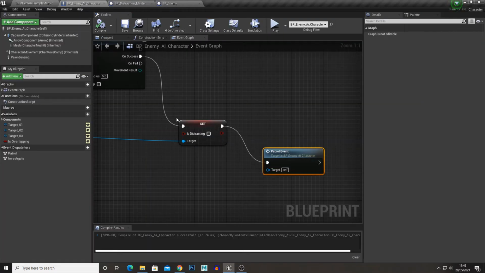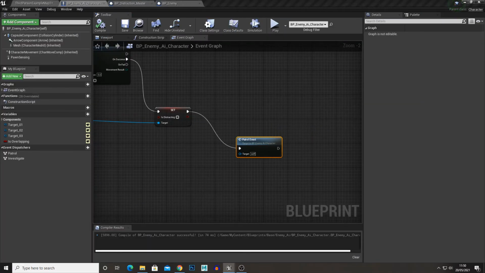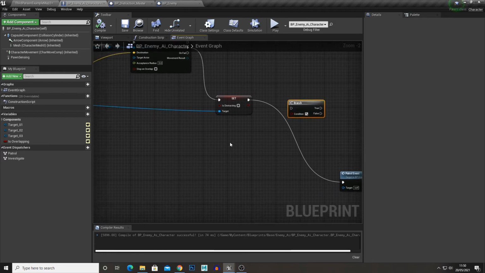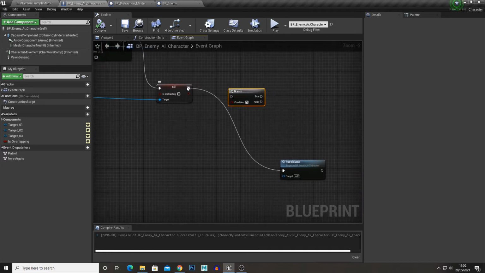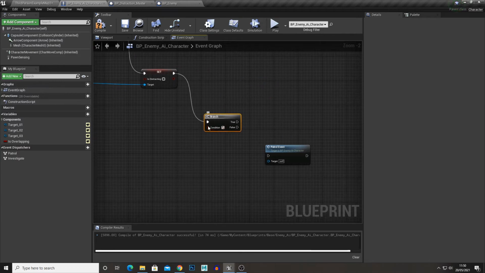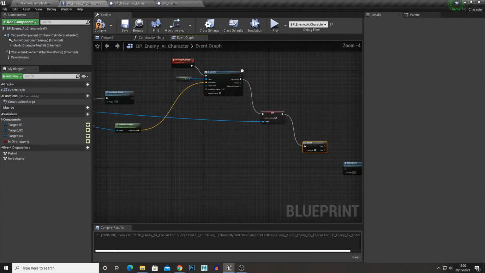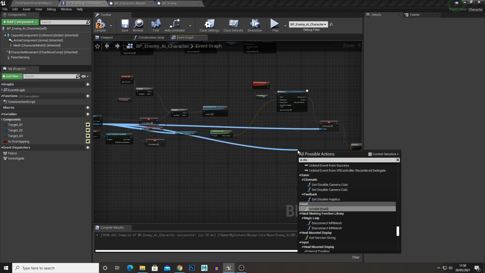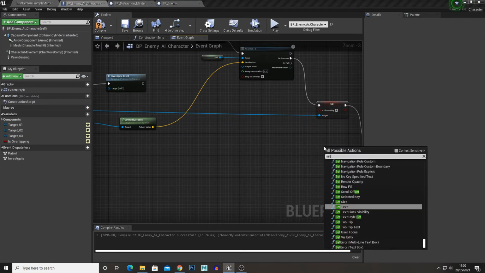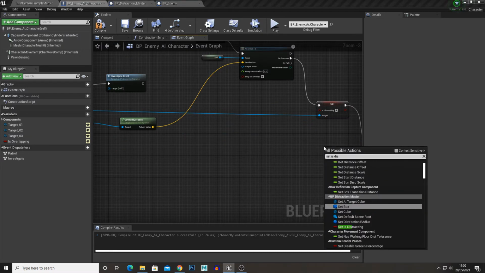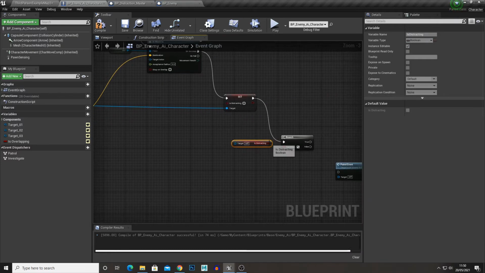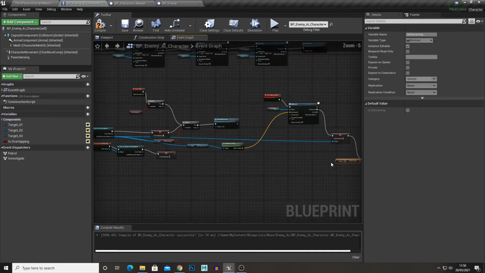So after that there might be a few things we want to do, so we will want to check just to make sure there is no other distraction. To do that I'm just going to add another branch, and you just put is distraction true or false again. So we get is distraction, set is distraction, get is distraction, and basically we're just getting this again